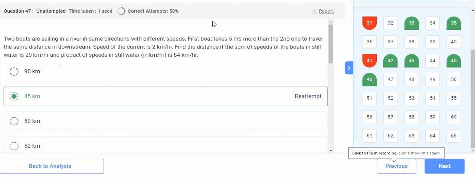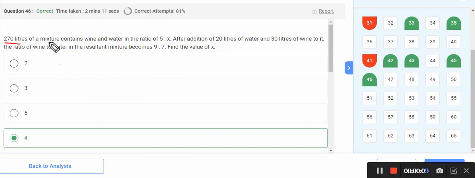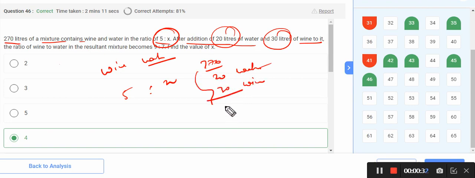We'll solve some of the questions of arithmetic. So let's start with the first question. We have 270 liters of mixture that contains wine and water. The total mixture is 270 liters in the ratio of 5:x. After adding 20 liters of water and 30 liters of wine, so water is 20 liters and wine is 30 liters, the total mixture now becomes